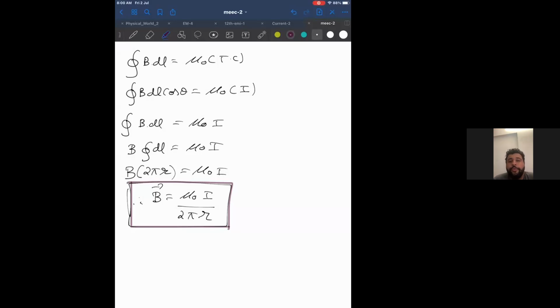Therefore, now you have two formulae. Think in your mind. Which are the two formulae you have? The first one is Ampere's law. Actual formula for Ampere's law: closed integration of B dot dl is equal to mu naught times total current. Second formula, what is magnetic induction due to a long straight conductor? It is mu naught I divided by 2 pi r, where mu naught equals 4 pi into 10 power minus 7. If you don't know, please make a note somewhere. The value of mu naught is 4 pi into 10 power minus 7.